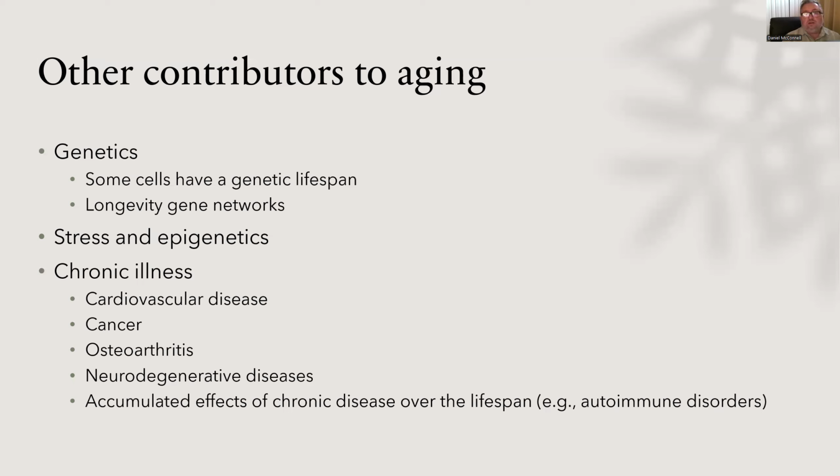The side effects of cancer and its treatments certainly can take a toll on the body. And of course, that can happen all across the lifespan. But the older we get, the greater our risk of getting cancer is. In fact, when we start thinking about causes of mortality across the lifespan, in our early adulthood years, the number one causes of mortality tend to not be cardiovascular disease and cancer. But past a certain age, some point in middle age and beyond, these two things jump right to the top of the list. So our risk of these health problems increases quite a bit the older we get. I list osteoarthritis here mainly because the book tends to make a big deal about it, so we can mention it.